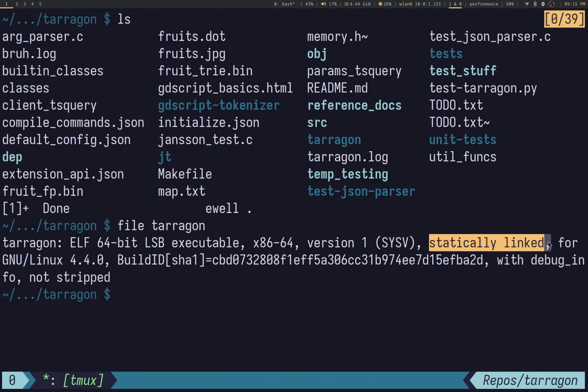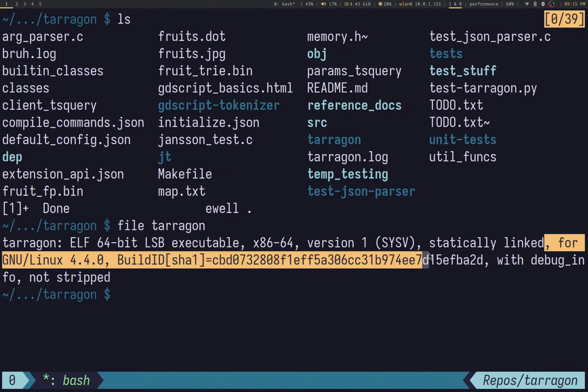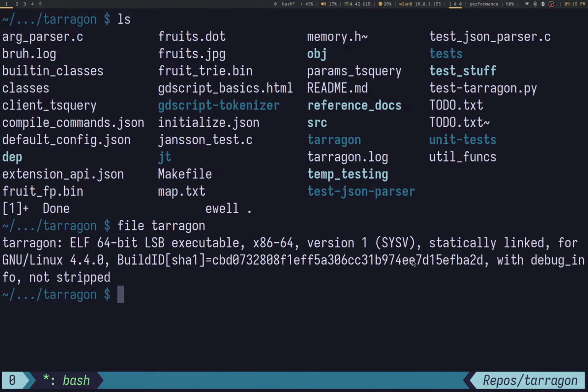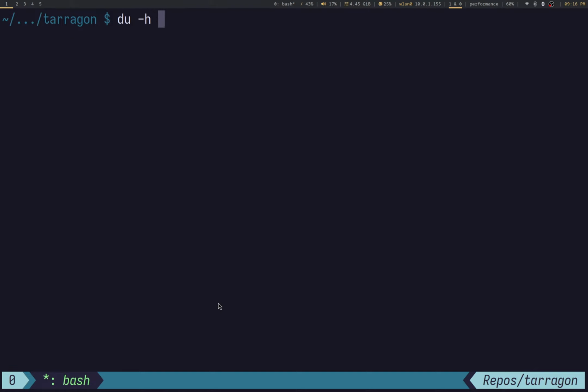This is another reason why I rewrote my own JSON parser. If you don't have Jansen, which is honestly unlikely, you can just download it and use it anyways. Also, it's like a fifth the size. It's statically linked, so I can move it anyways, and it's still good.